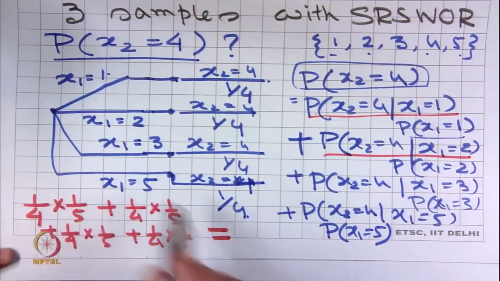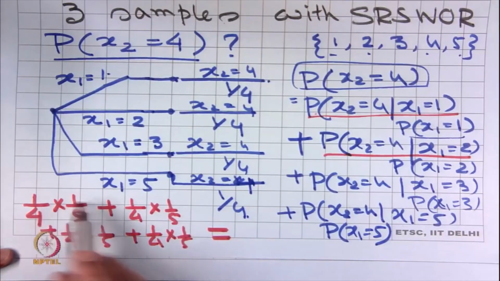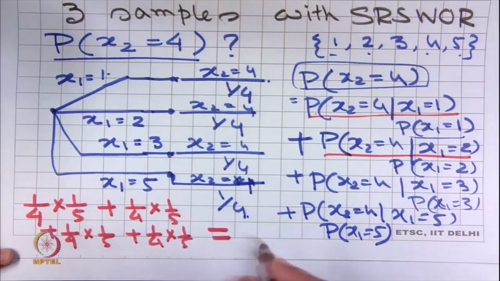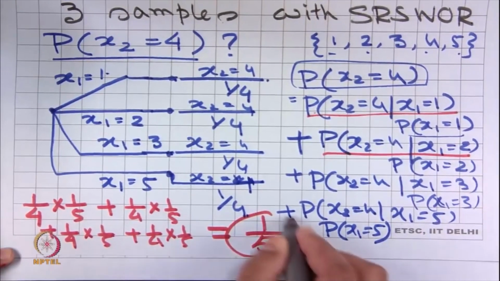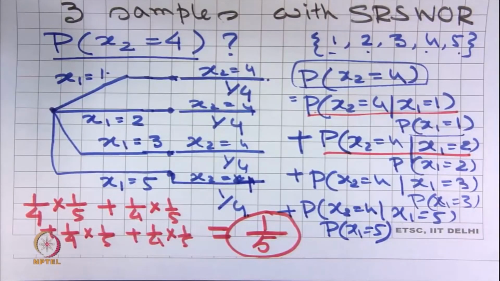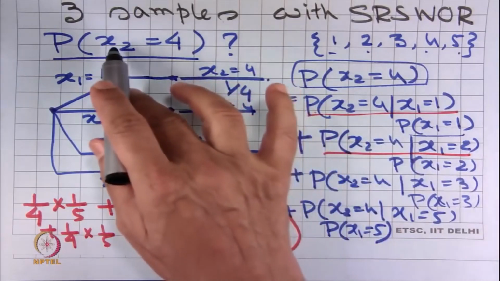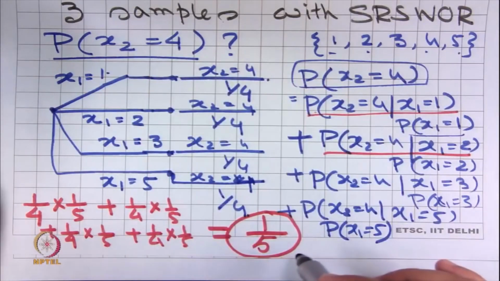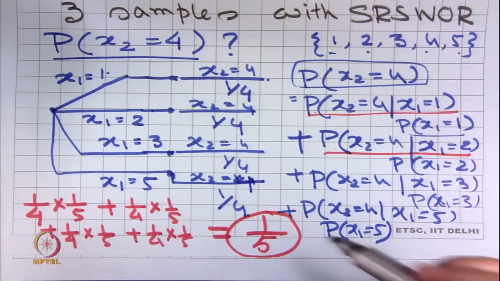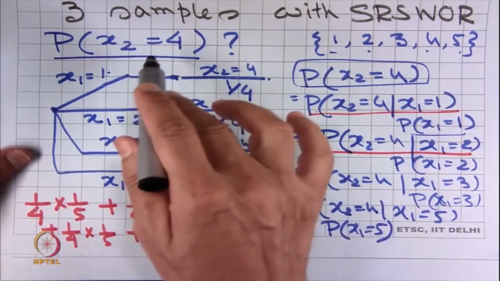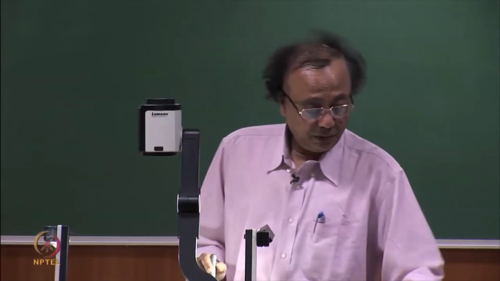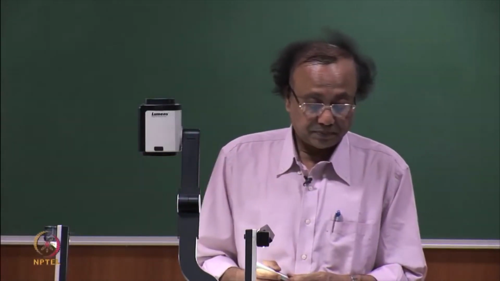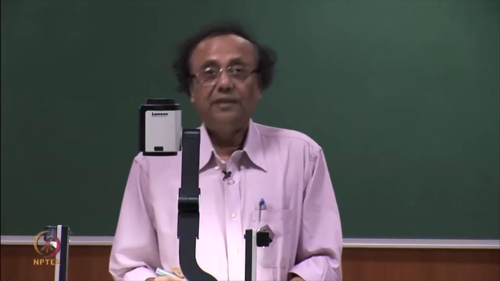Therefore, when I sum this up it is 4 times 1 by 4 into 1 by 5, therefore it is 1 by 5. Therefore, what I showed is that the probability the second sample is equal to 4 is 1 by 5, which is the same as the probability the first sample is equal to 4. In a similar way, we can show it for other values